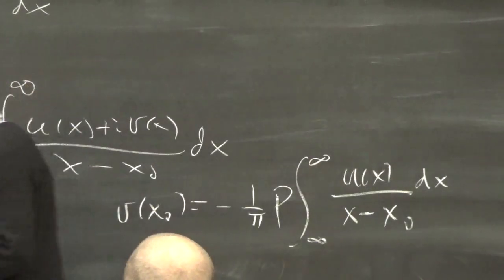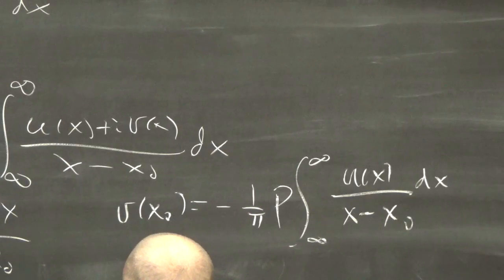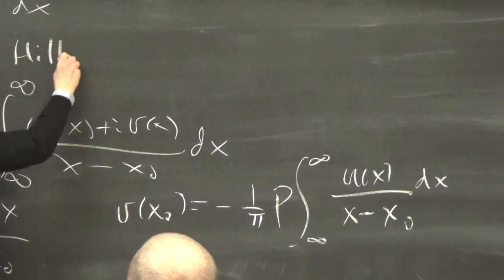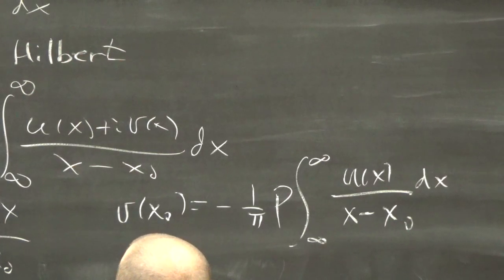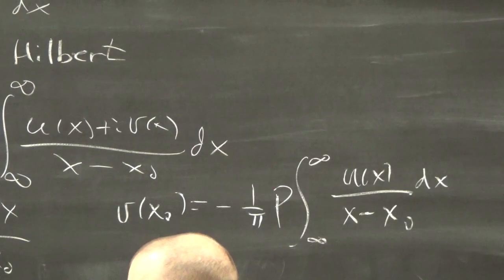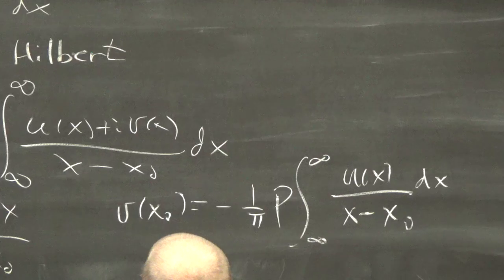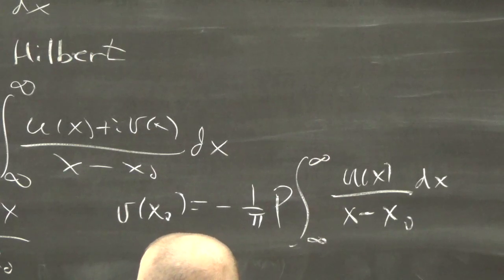So those are called Hilbert transforms, and they're named after a mathematician, Hilbert, who some say stole or tried to get some of the credit for some of what Einstein did. Anyway, I'm not a historian, so I'm not going to take sides in that.